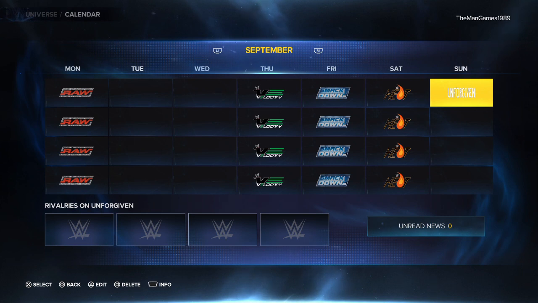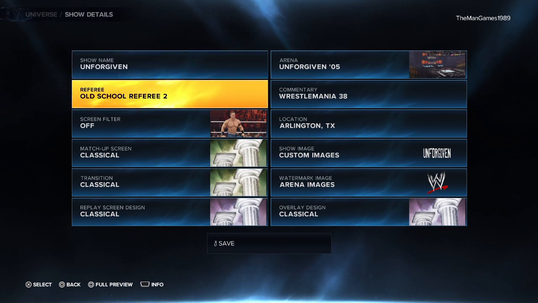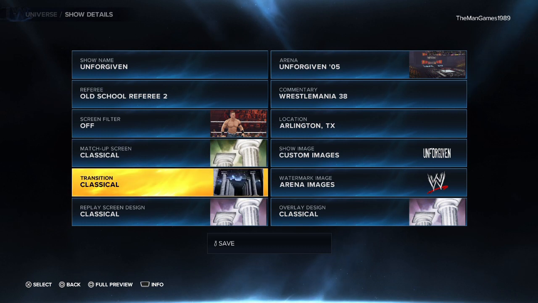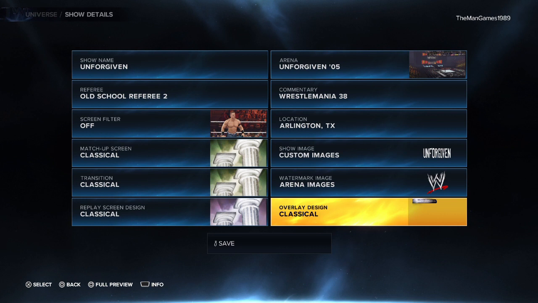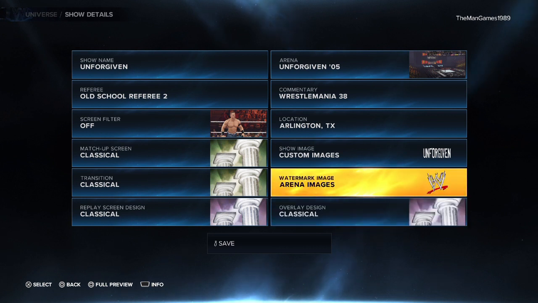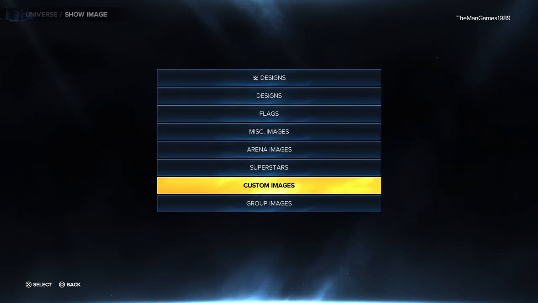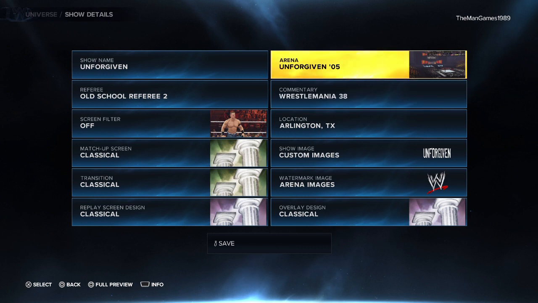And then in September we've got an Unforgiven pay-per-view. So, show name, Unforgiven obviously, referee is Old School Referee 2 again. For the matchup screen we've got Classical, and same for the transition, same for the replay screen design, and same for the overlay design. For the watermark image it is the same image that we've used throughout the video, and then for the shirt image it is Unforgiven, which came with the arena when you downloaded it off the community creations. And then the arena obviously wants to be the arena of Unforgiven, which you've just downloaded off the community